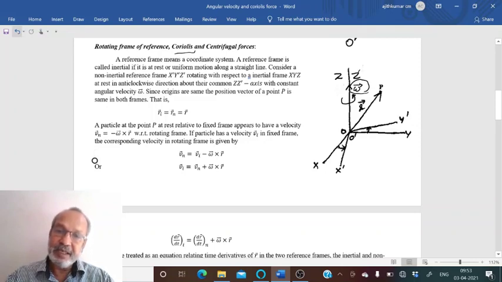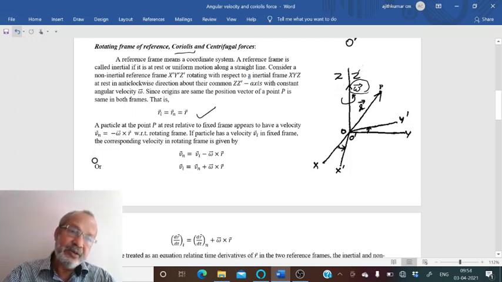You can see that in both the rotating coordinate system as well as the stationary coordinate system, the position vector is r itself, that is written here. r inertial and r non-inertial is equal to r itself. That is the position vector in inertial frame, that is non-rotating frame, and position vector in non-inertial frame, that is in rotating frame. Both are the same, and that is equal to r.